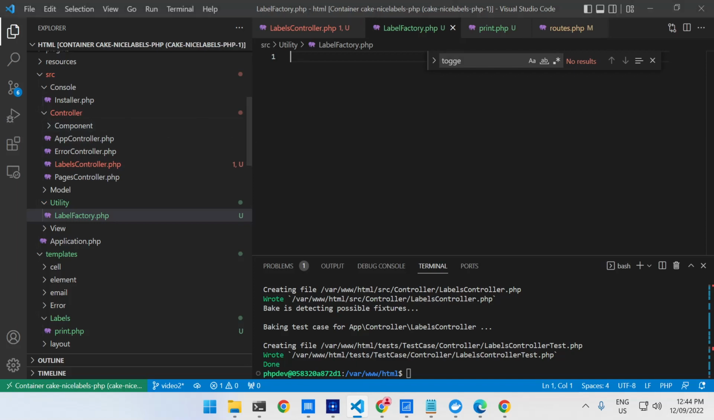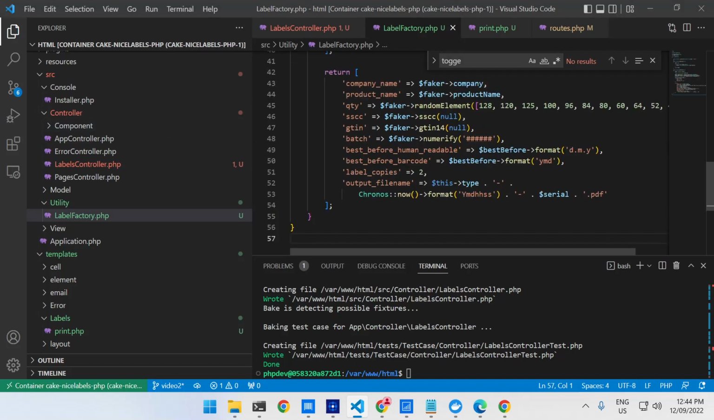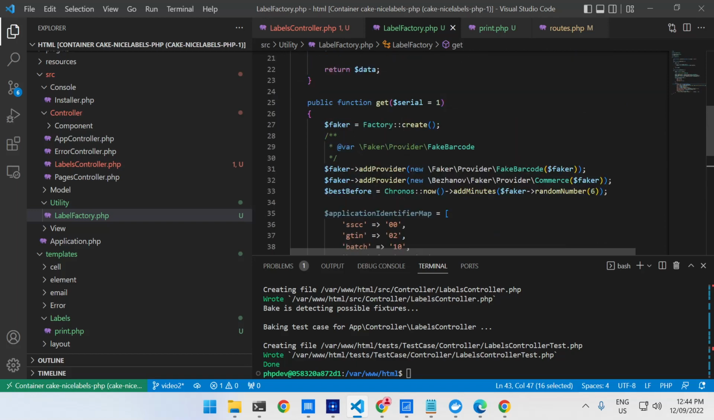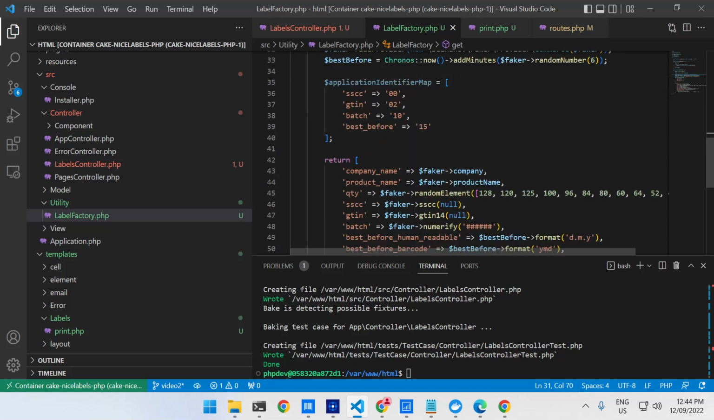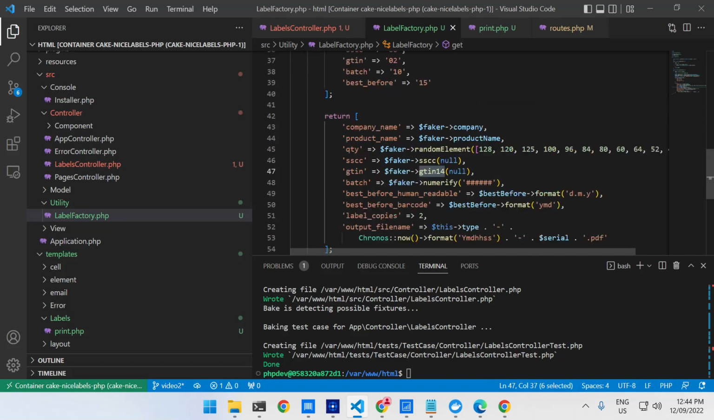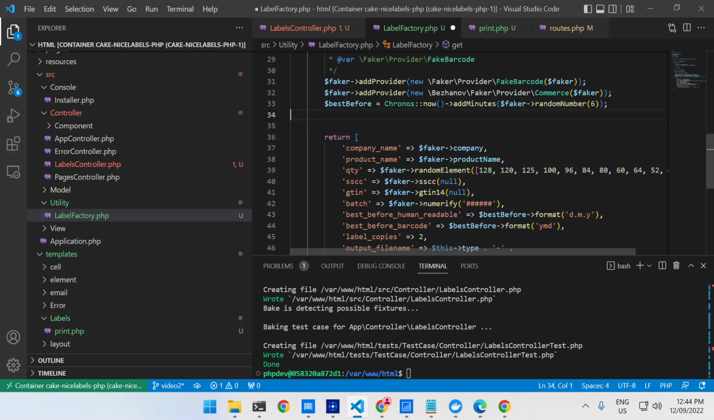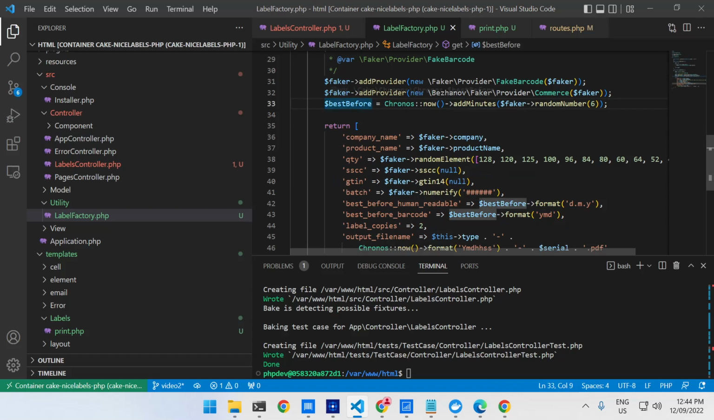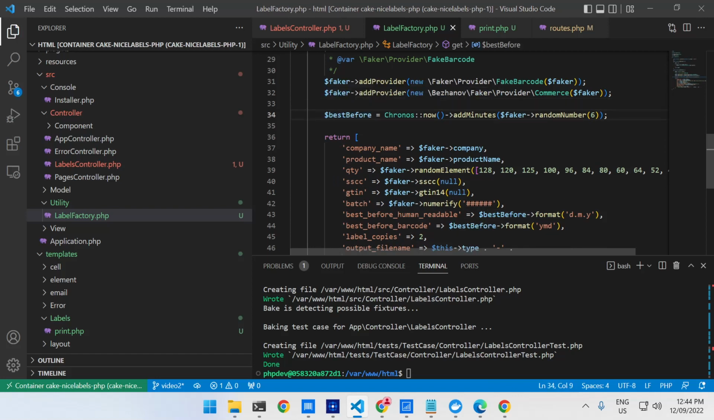some code that will just generate those labels for us. So here we have it's returning just all the expected field names with data, and we're using Faker with a fake barcode provider I made up so that I could get hold of SSC and GTIN14 barcodes. We don't need that. We're also using Chronos, which is CakePHP's date time class, to add minutes to a random number of minutes